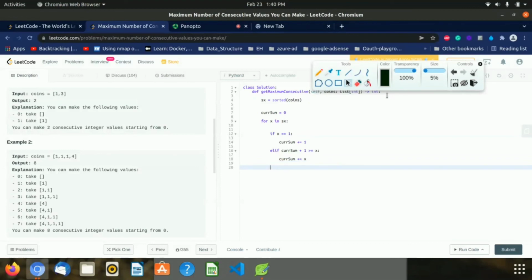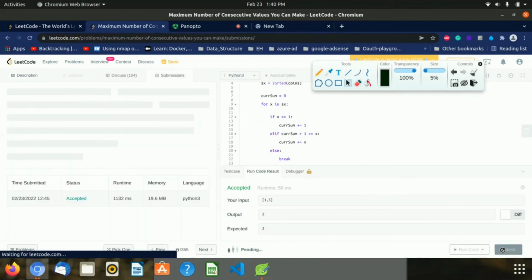So since we have checked it is less than or equal to, else we just break out of the loop if it is greater. If it is greater, we create the gap, right? So that's why we break out of the loop and we see what the current sum is, and we have to do plus 1 because the 0 also we need to include, right? So that is the number we also need to include. Yeah, and just accept it. Let's say